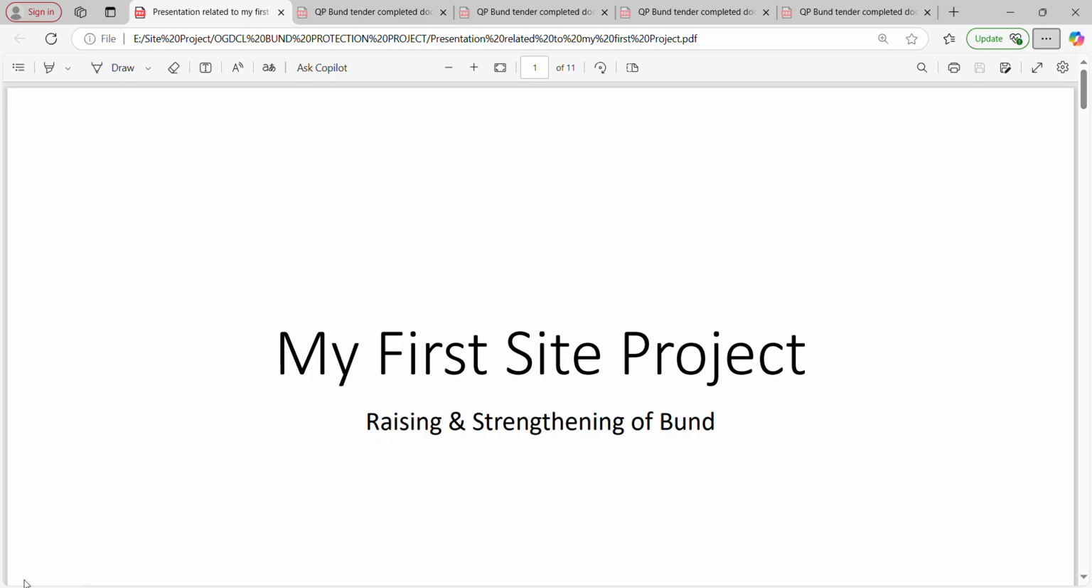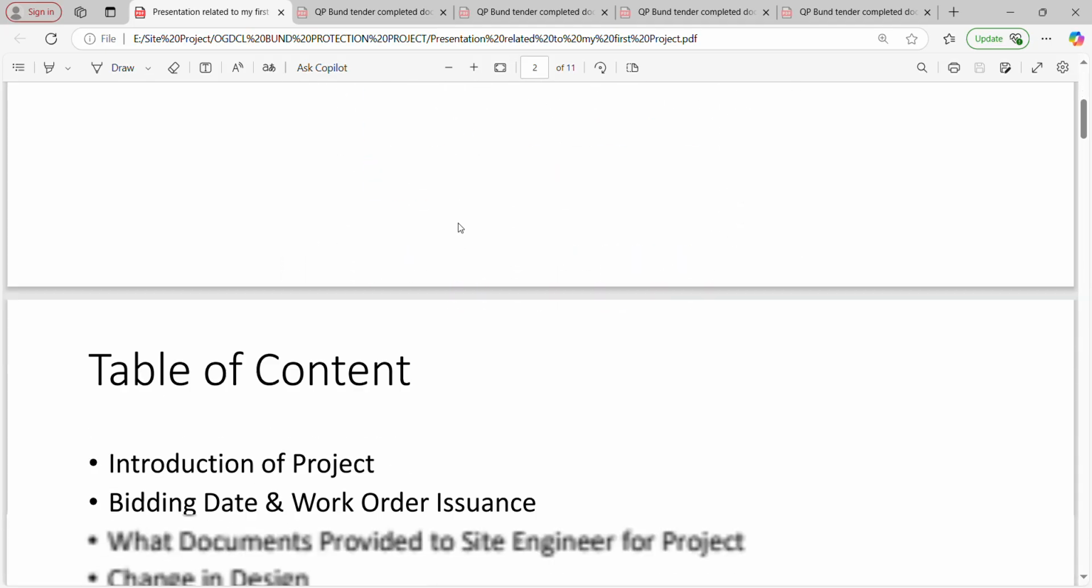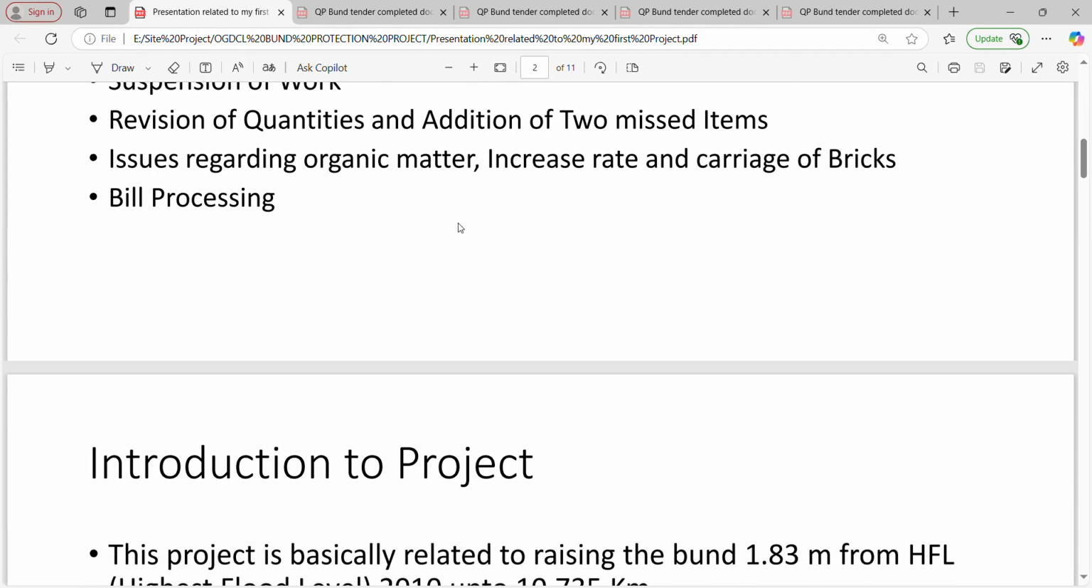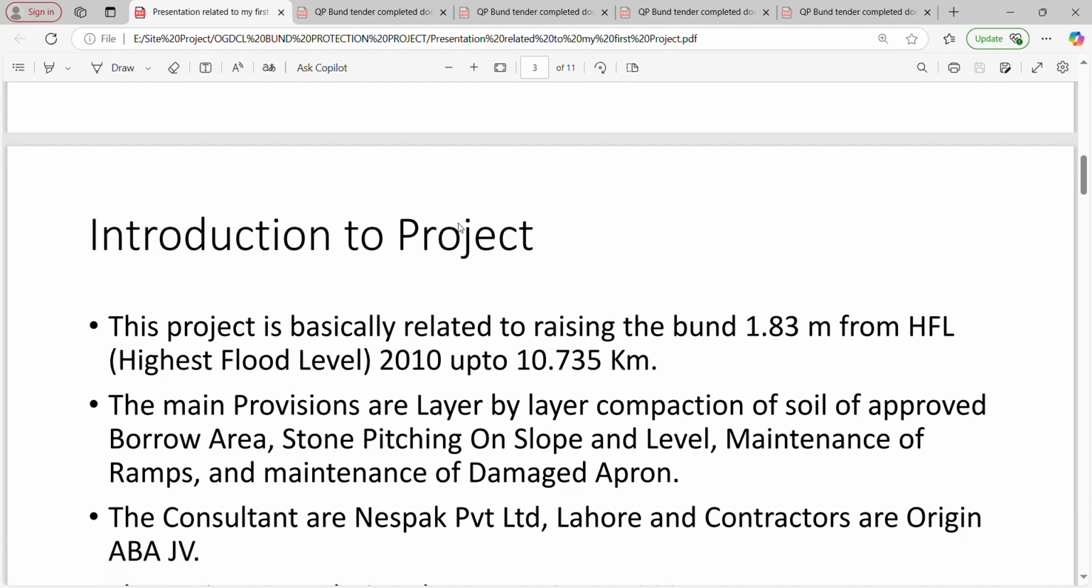This video is basically related to my first site project, raising and strengthening of Bund. This project is related to flood protection structures. The total length of the project is around 10.735 kilometers, and according to the tender document, the bund should be raised 1.83 meters from the highest flood level